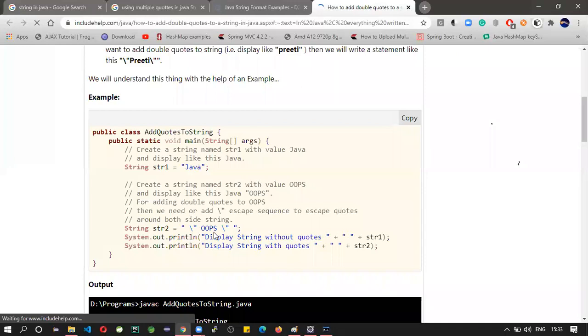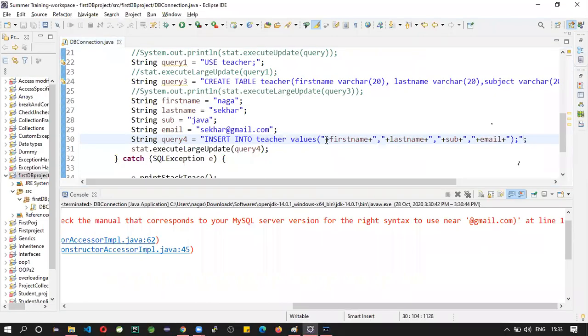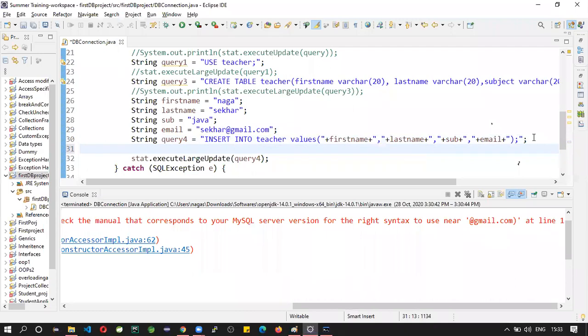Okay, let us try this. We are getting the exception while writing this query because of the quotation marks. That is the reason. So we need to know how to get rid of the quotations so that it can be a valid query.